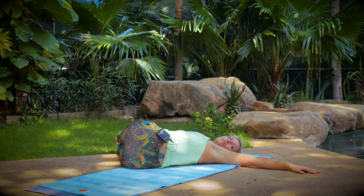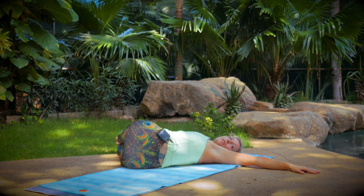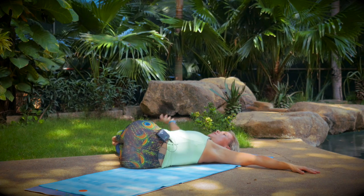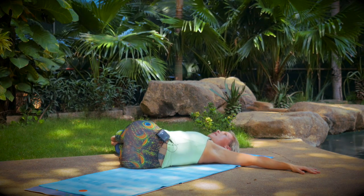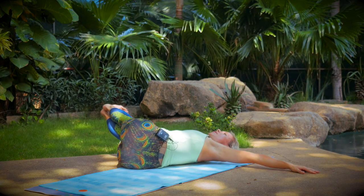Inhale. Exhale. All right, get ready to be tightly engaged again to come all the way back up. So right hand flat to the floor and start to bring those feet back up towards center for 10,